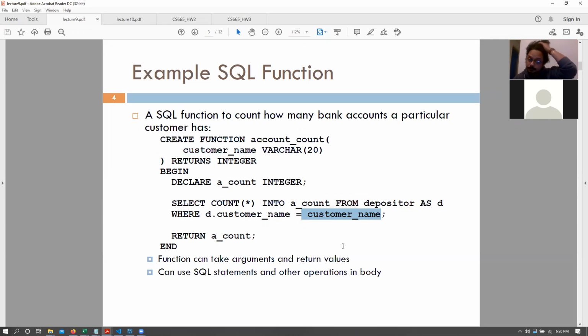But in the case of a view, this particular query would have in single quotes the name David, Johnson, or whatever, so a view is basically fixed. It has to execute the same thing. A function can be thought of like a parameterized view that takes in some parameters and does some computations. The other thing is that functions cannot modify a table; procedures can, but functions cannot.